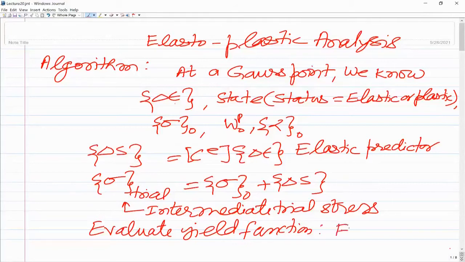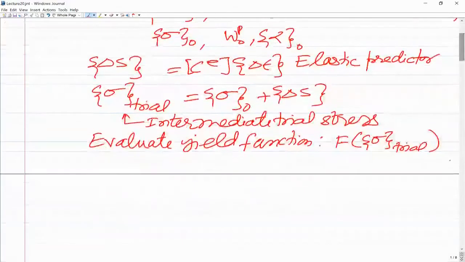So basically we evaluate here F, which is a function of this sigma trial, and other quantities are taken corresponding to the previous step or iteration. So once we calculate this, then there are two possibilities. One is if the previous status was elastic,